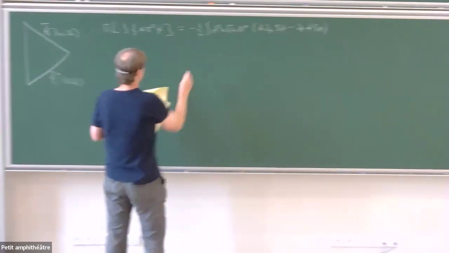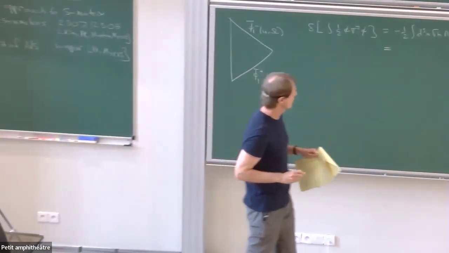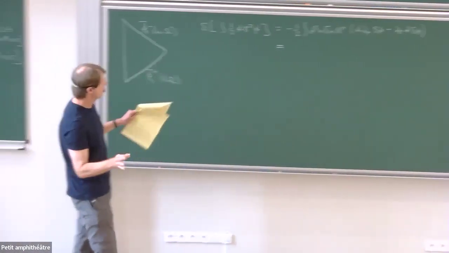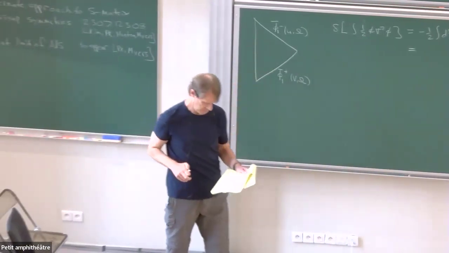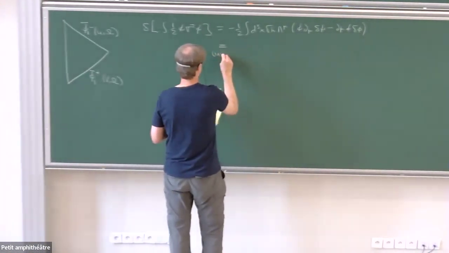Okay, and then this has some unwanted piece by itself. So now I go and split up into the positive and negative frequency parts, and I want this to vanish when I don't vary the boundary conditions. That's what it means to be a good variational principle. So there's some unwanted piece here,